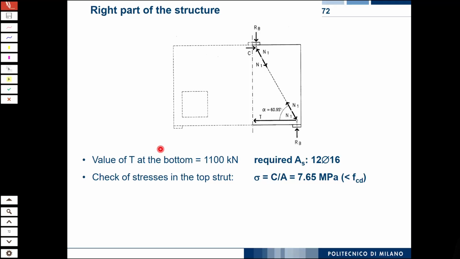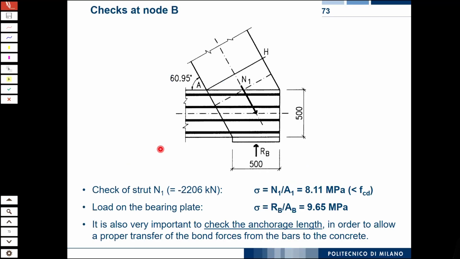Check the stress here, divided by this area, find 7.65 or 30 megapascal, so the stress can stay below fcd. You also check that